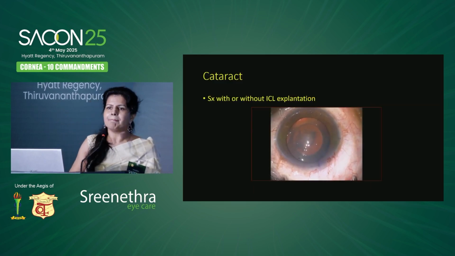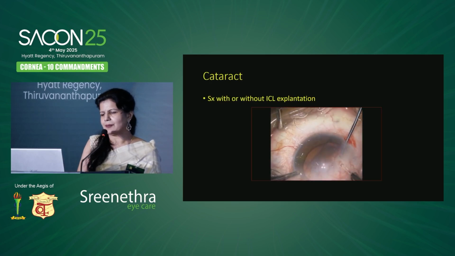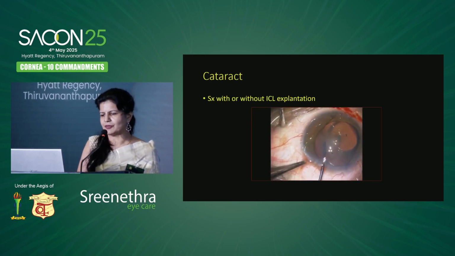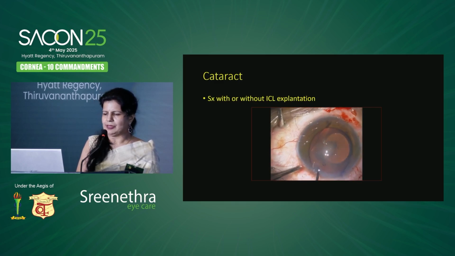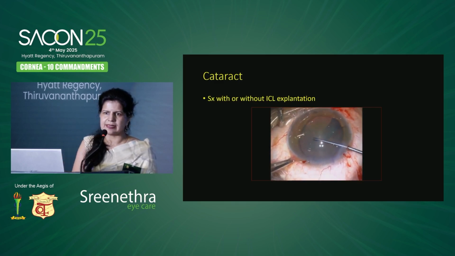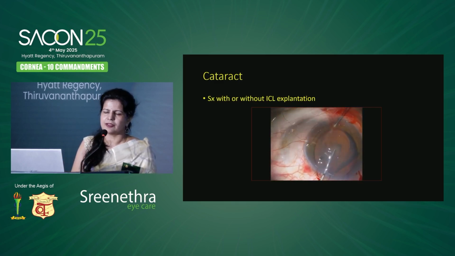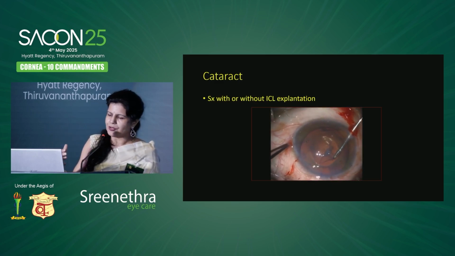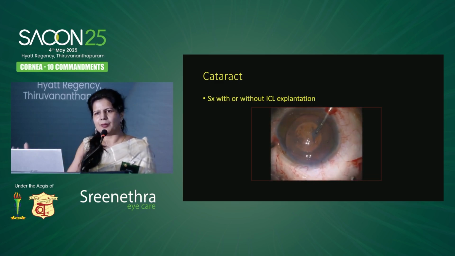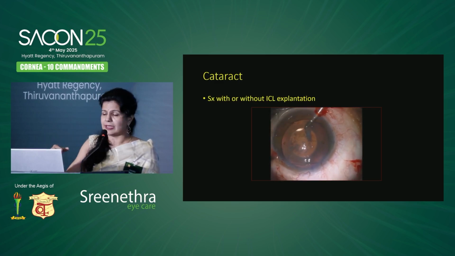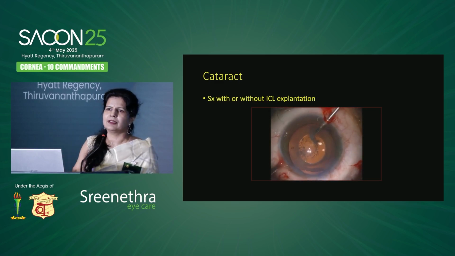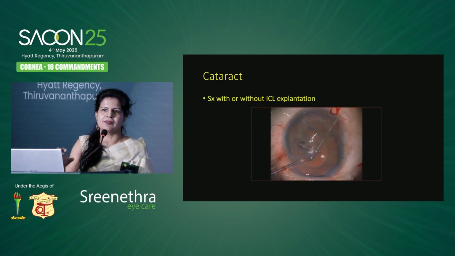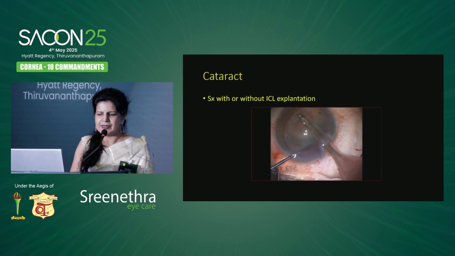Now, cataracts might happen. So this is a patient who had a trauma around 2 years after the implantation of the ICL. So either keeping the ICL inside, you can insert another lens so that the very high myopes can be dealt with, or you can completely take away the intraocular lens and the ICL and insert a totally new lens. The power calculation is done as if there is no ICL in the eye.